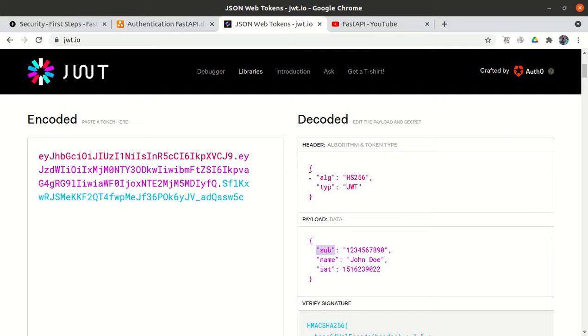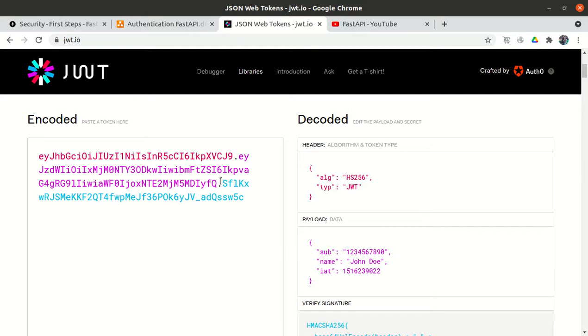If we don't understand this token, then we can't even write the code. If we don't know how the token looks, whether it contains the algorithm or not, whether it contains some information or not, and in what form that information is contained, it is in the form of a key value pair. And what is the key? Whether the key is KEY or some other name. It is some other name, that is sub, the subject. So it is with the sub name only.